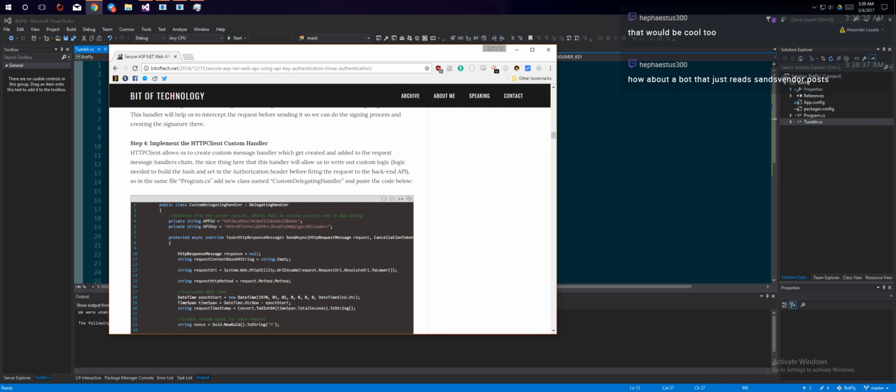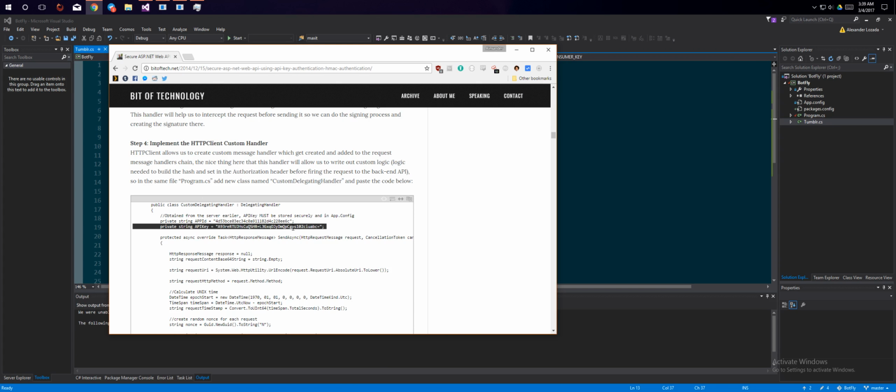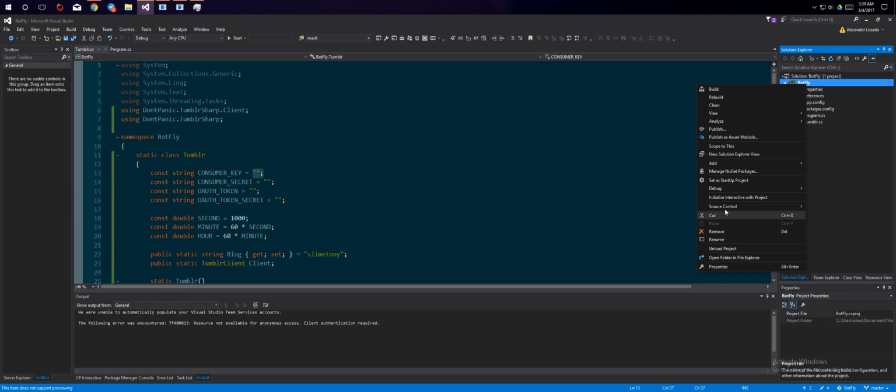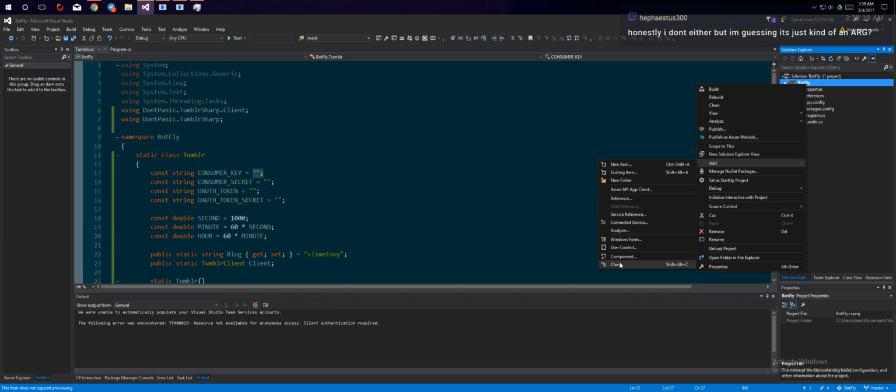So yeah, I want to avoid doing this. I want to avoid just hard coding in these things, but I think I might have to. So what we're gonna do, just to save time, I'm gonna make a new